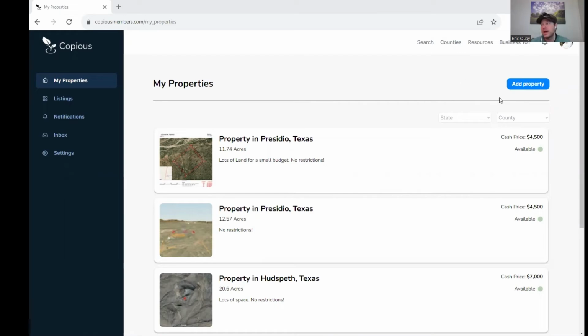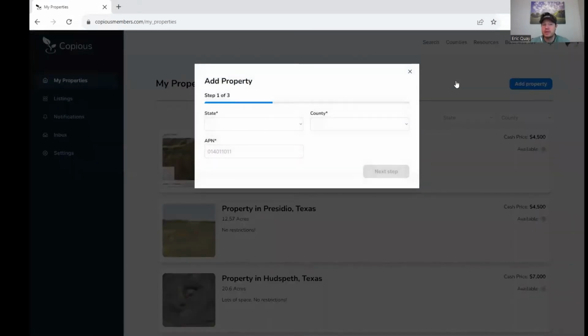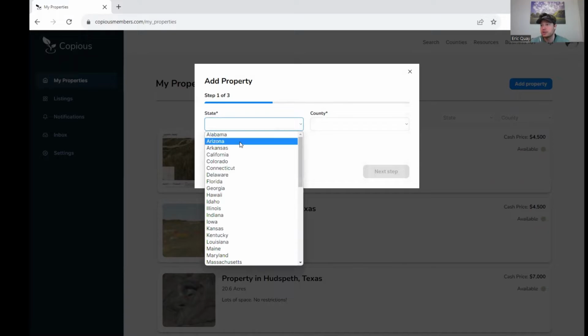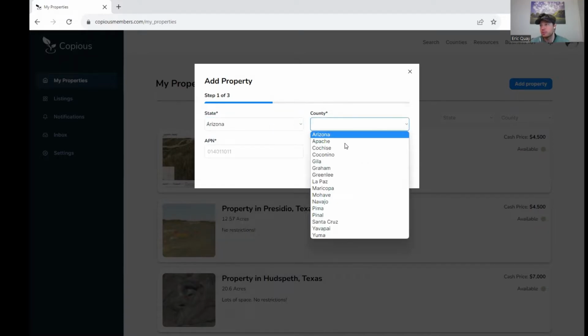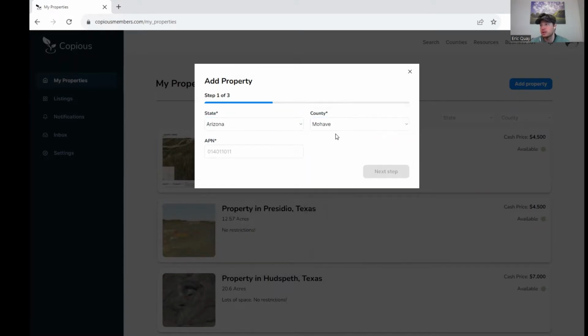Today we're going to walk through adding a property. So right now you go into My Properties in your profile and you hit the Add Property button. One thing about Copious is we wanted to make it as easy and simple as possible to upload and post a property. So with just 3 selections, we're going to do a property, one of my properties in Mojave County,